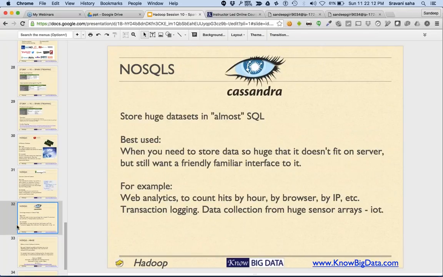So if you want to store your data in the form of SQL tables, you should go with Cassandra. Cassandra provides something very interesting. It's called tunable consistency. And that's very important. The other feature of Cassandra is it more or less looks like a big table, and it basically has a query language. So it makes life easier for people who are coming from the usual SQL backgrounds.